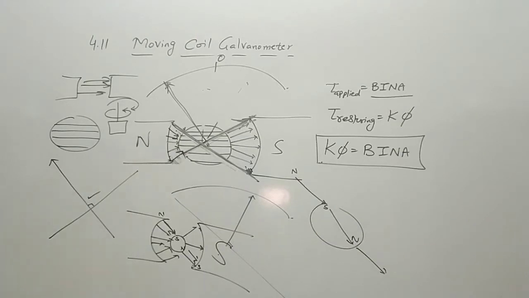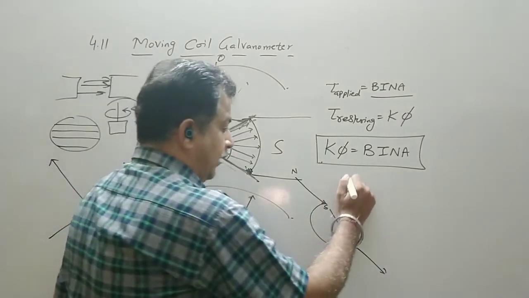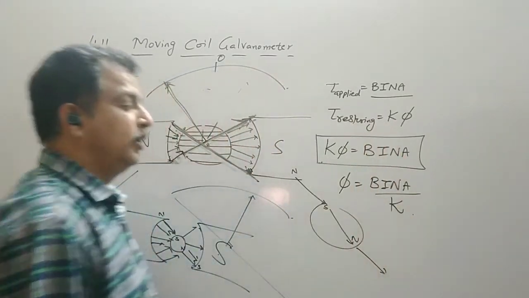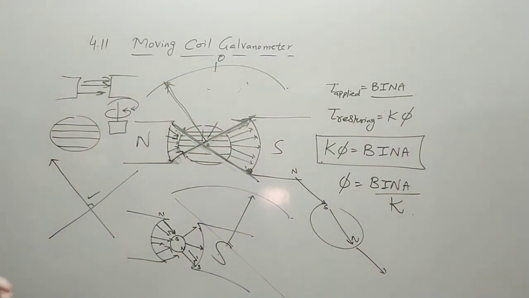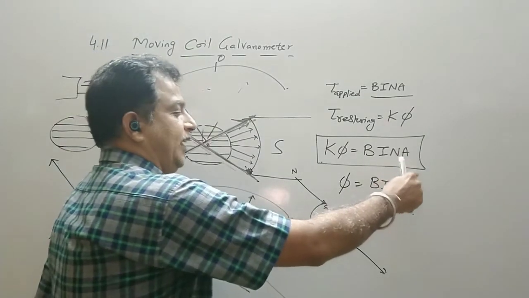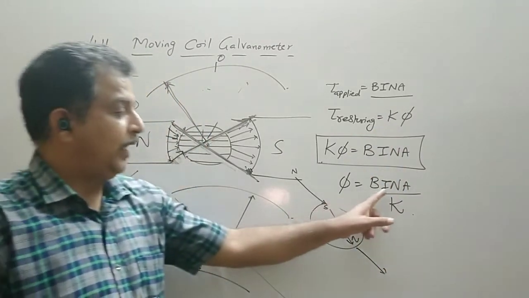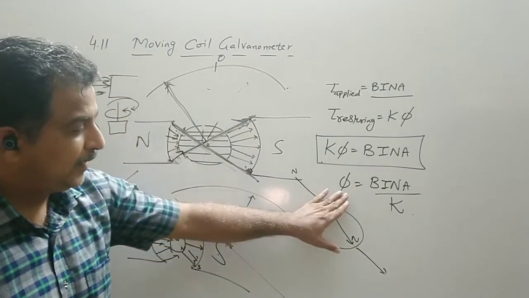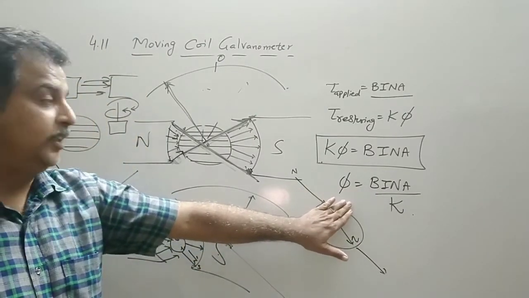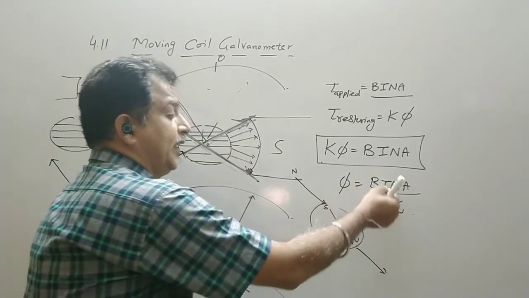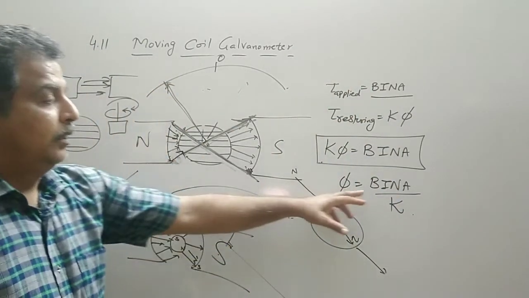So this is the galvanometer, and the deflection phi can be written as beta upon K, where K is a torsional constant that is fixed for a spring. So now how is the calibration done? We know B is there, N is there, A and K, all these terms are constant. Now suppose I pass 1 microampere current and this angle, which should be in radian, comes out to be, let us take, 1 degree when I pass 1 microampere.